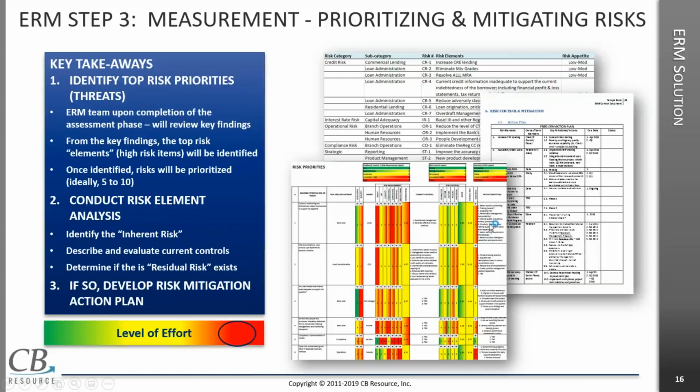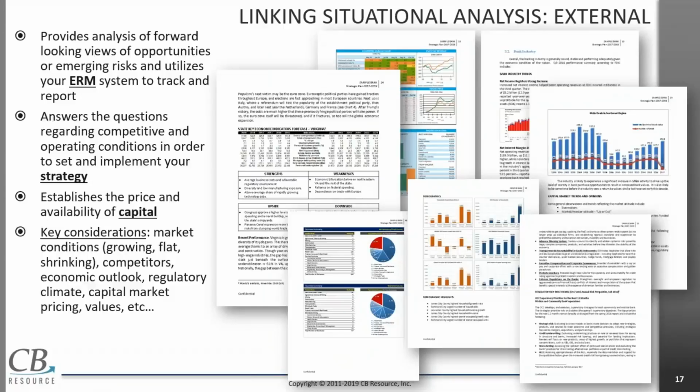What is the risk? What's the residual risk? What are my actions? And can I take those mitigating actions and migrate them into a risk mitigation plan? And that is what the third step of an effective ERM system does. It should take all the risk and determine which risks are higher impact than others. Okay? So when you link that to strategy, again,